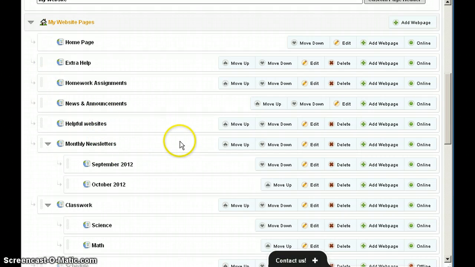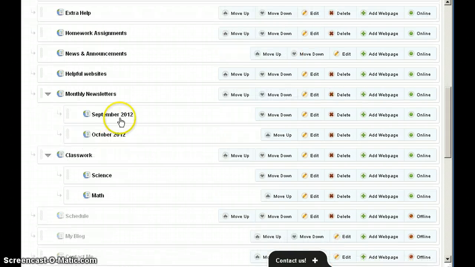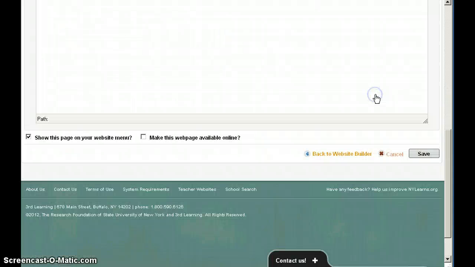So if I wanted to create another subpage coming out of monthly newsletters, what I would do is click on add a web page next to monthly newsletters. And this is where you have to be careful, because if I were to click on add a web page next to one of my existing submenu options already, that would further create a submenu coming out of one of these two pages. So I'm going to click on add a web page next to my existing main menu option,